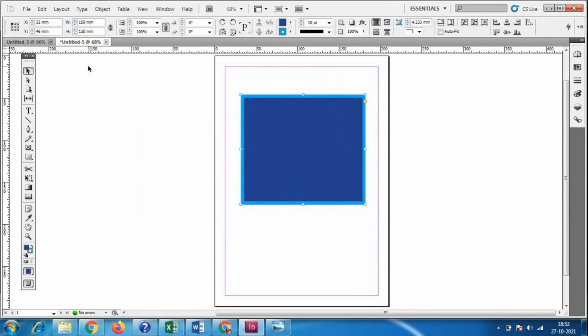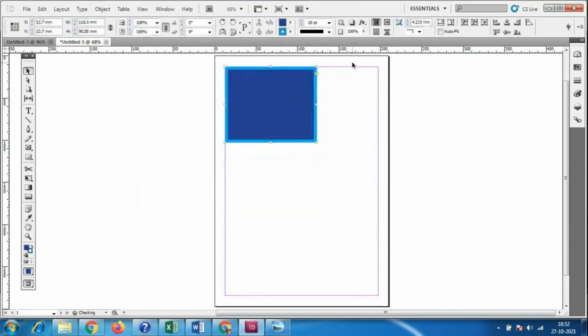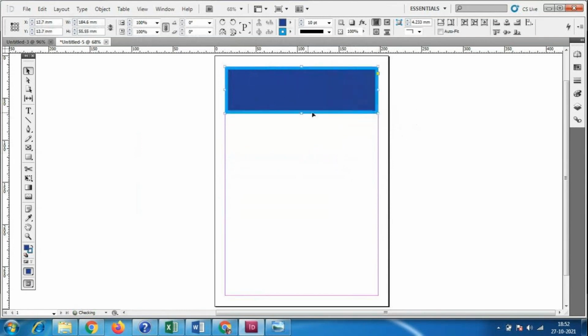They have the standard designs, standard text, standard headings, and everything already designed. We have to place everything according to the size and the measurements, and place the box accordingly.